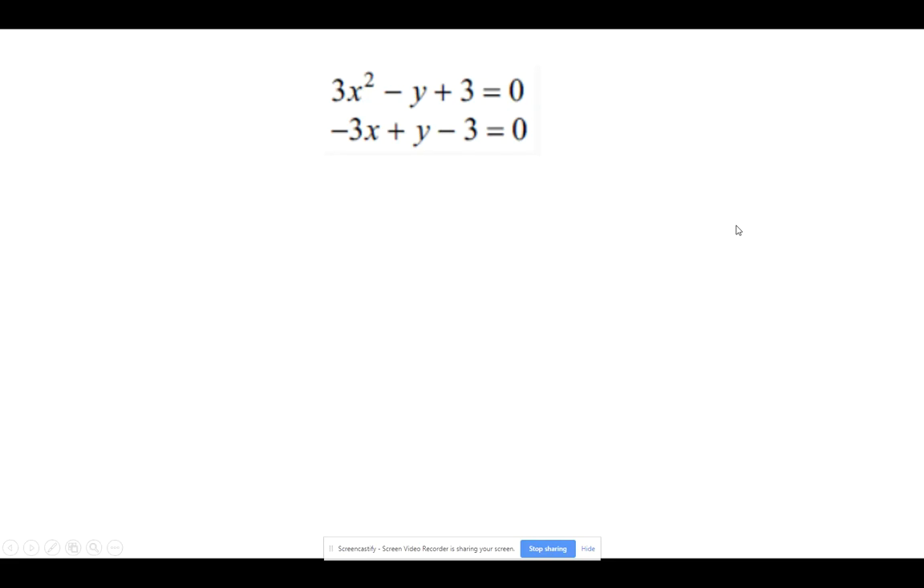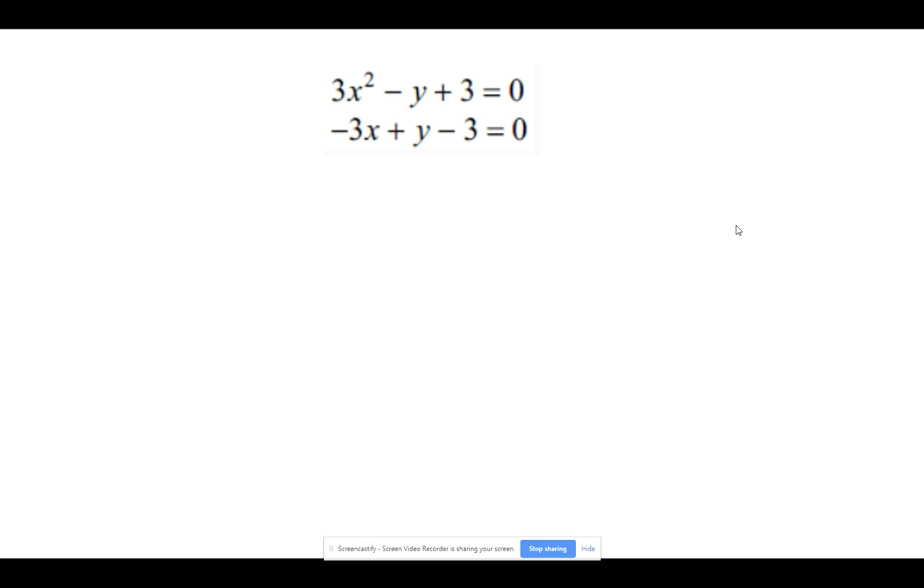Now we're going to solve a system of equations where one of the equations is a quadratic and one is a line. So basically, we're going to see where this parabola and this line intersect. We are going to use the substitution method. And we can see here, we're going to take the bottom equation, solve it for y, and plug it into